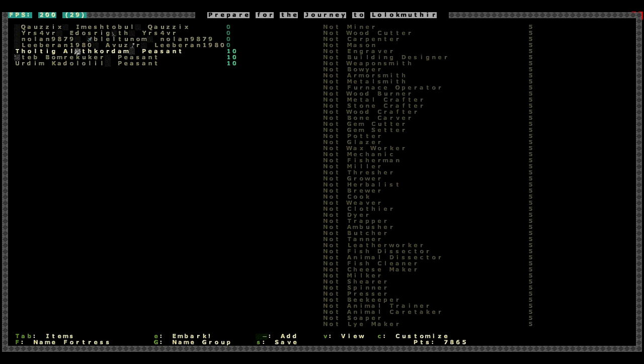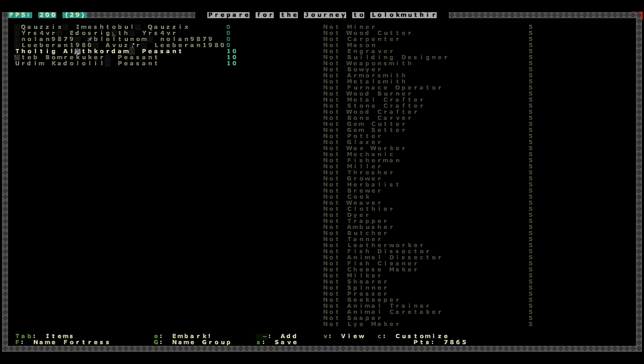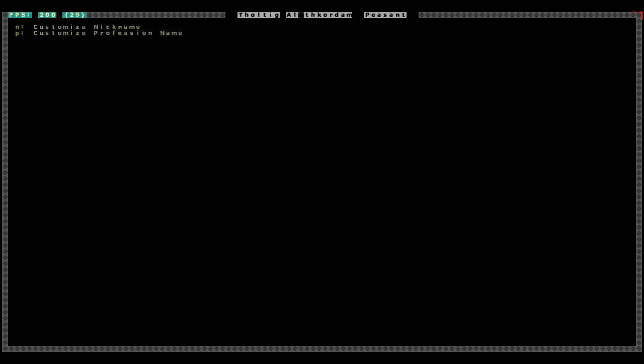All right, next one we have. Let's see what this one is. It's another stone clan. So we're going to make you a mason. We're going to make you a mason. Alright, well, let's go ahead and customize you first. And the customization on that one is going to be